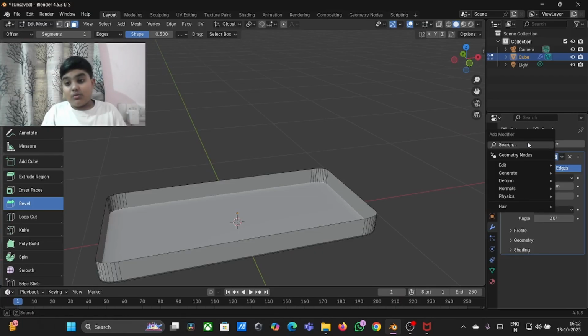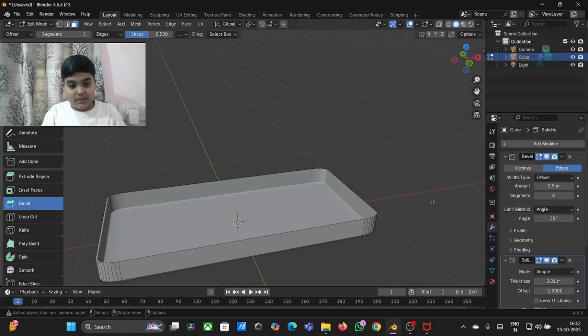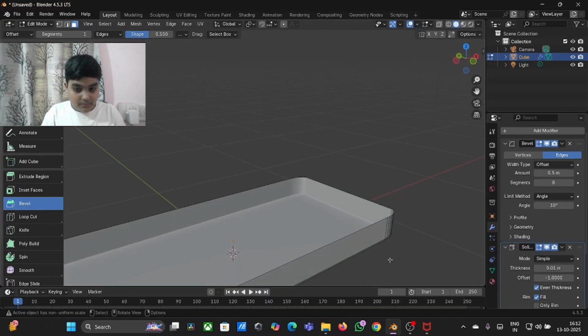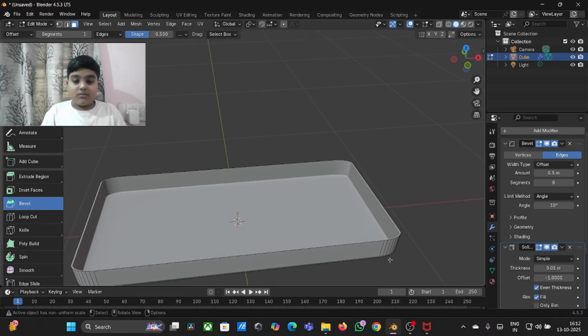And now we'll go to modifiers and we'll add a solidify modifier. Even thickness. Solidify modifier is okay. Yeah. The thickness is okay for me. So now I'll